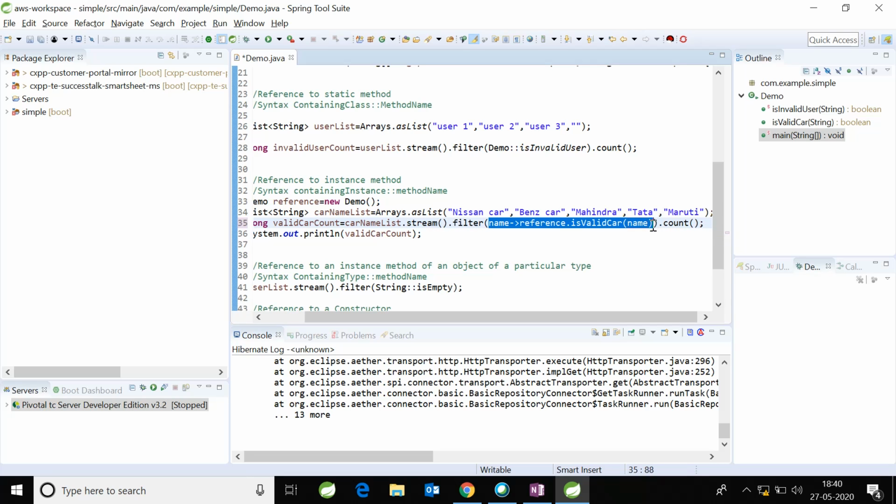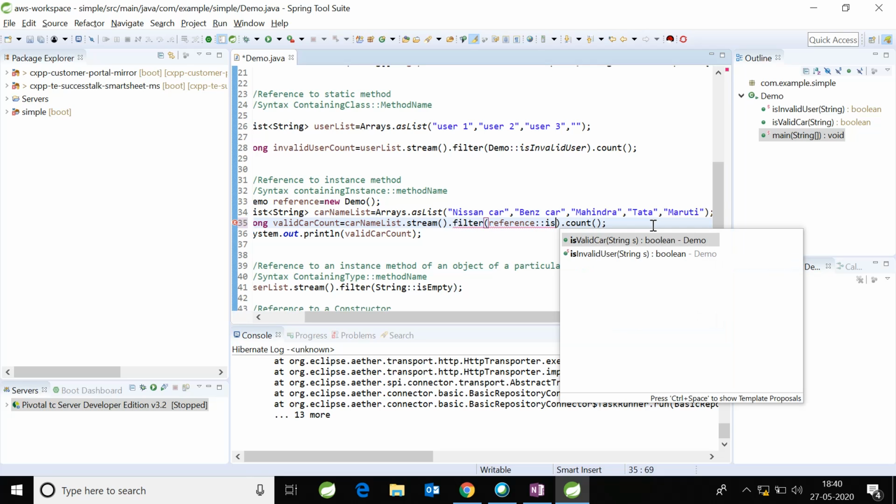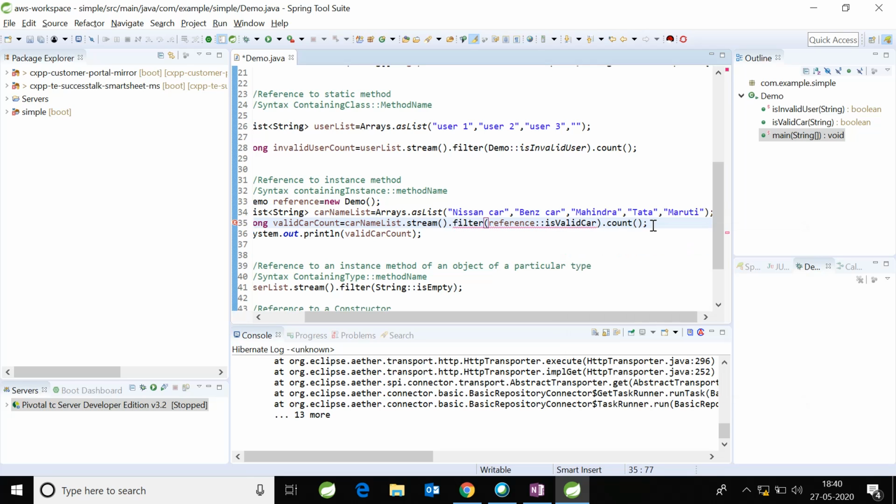If I rewrite this same lambda expression using method reference to an instance method, now it will look like this. A reference is valid car name. So this is a reference to an instance method.